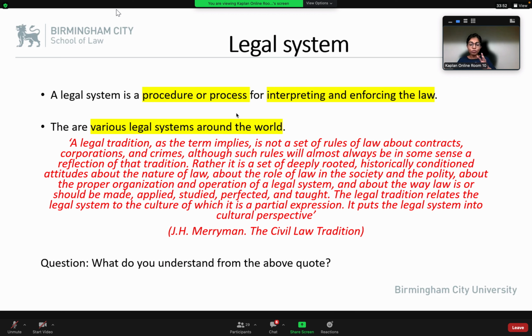For example, to put this in a very simplified manner, let's say you're working in an event company. The main purpose of your company is to organize events, right? Let's say your company is very good at organizing events for more than 10,000 people. But you must have a system, right? System means if you have a client, step 1, step 2, step 3. This department is in charge of A, this department is in charge of B. So all departments come together and now the event can successfully take place. So the legal system is like that.